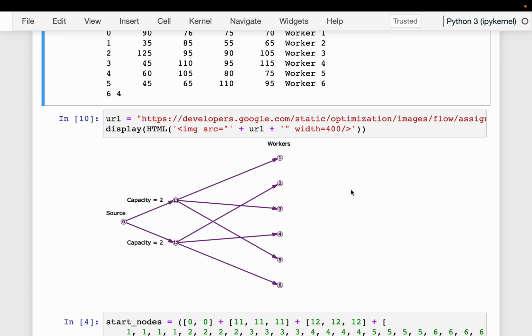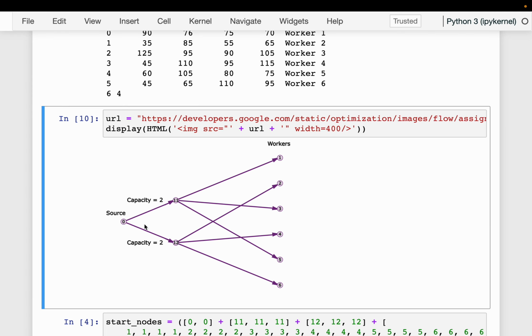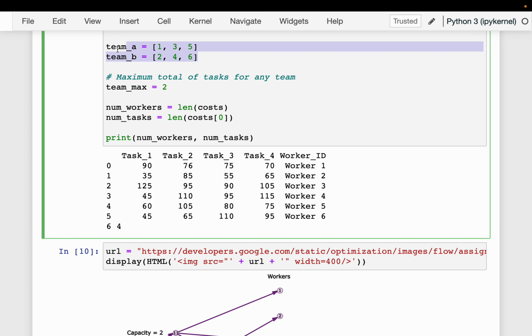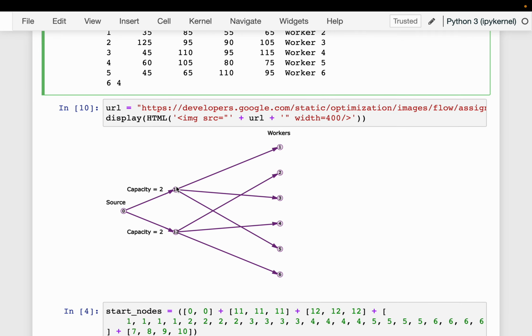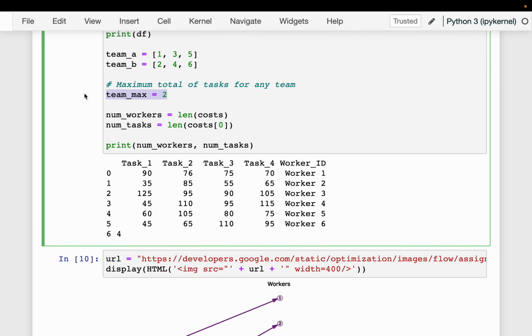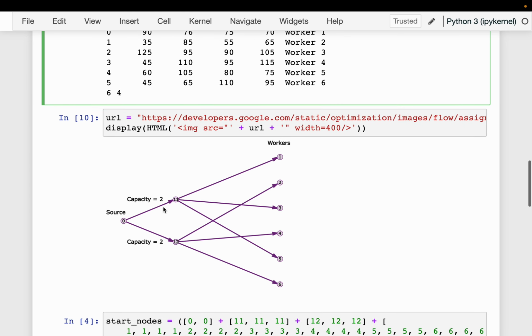Now it's not a complete diagram, but these worker nodes are connected to task nodes, which are 7, 8, 9 and 10, the 4 task nodes. And finally, we have the sink node, which is number 13. So we are using 11 and 12 for the teams. Very quick summary: in order to satisfy these two constraints, we have introduced two fictitious nodes, node 11 and 12. Because these represent teams, each node is connected to only 3 workers who belong to the team. And then to satisfy the second constraint that each team can get only two tasks, we have defined the capacity